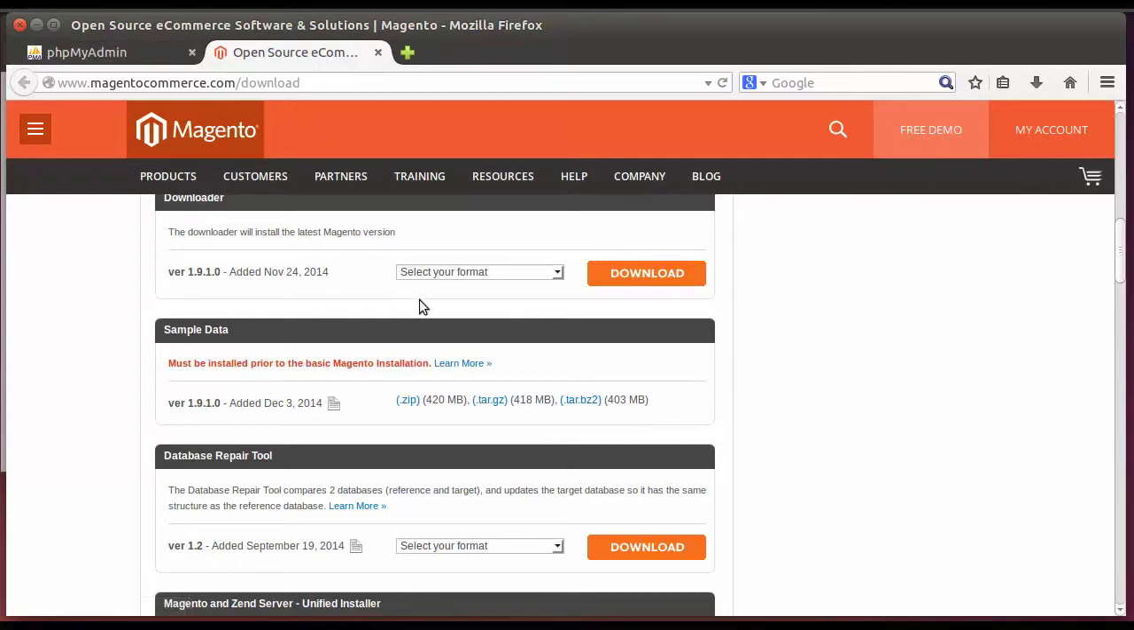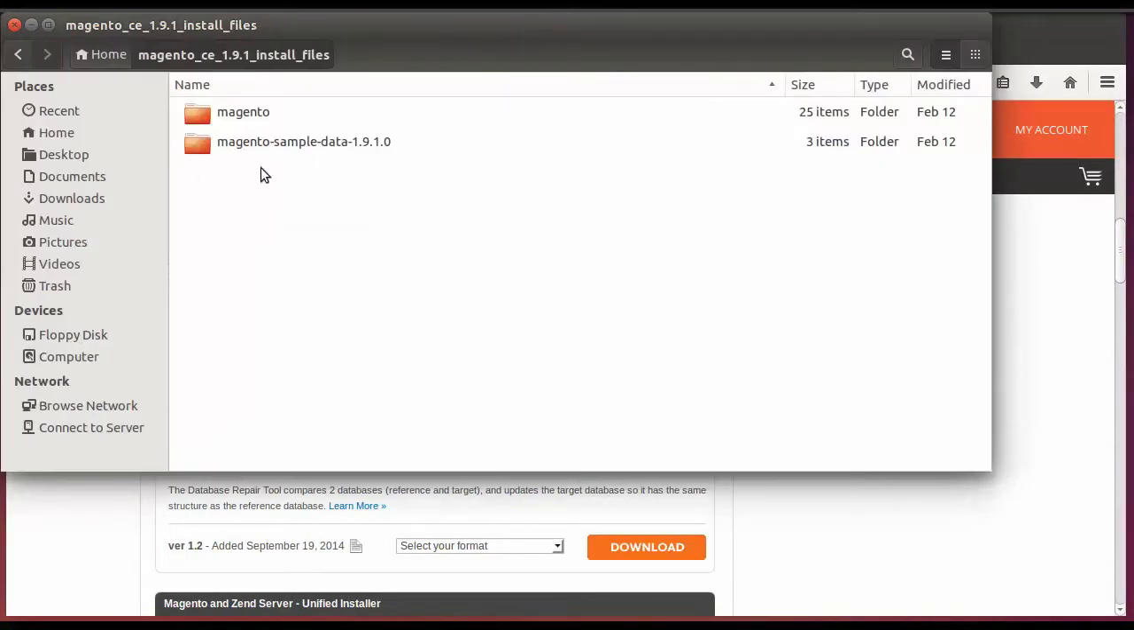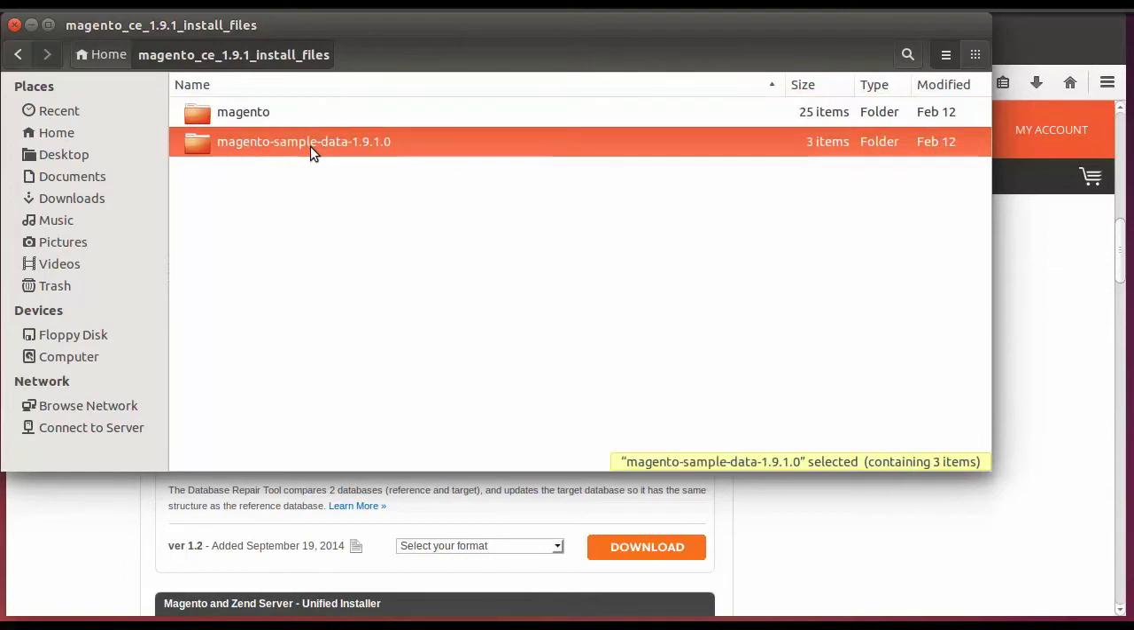Once downloaded, you'll want to extract your files to your server's file system or a place accessible from your server. I have extracted these files, the full release under a folder called Magento, and the sample data under a folder called Magento Sample Data. Once the files have been downloaded and extracted, the next step is to copy the Magento installation files, both the full release and the sample data, to your web server's doc root, which on Ubuntu is